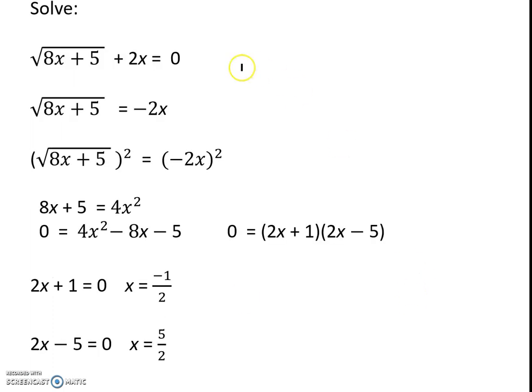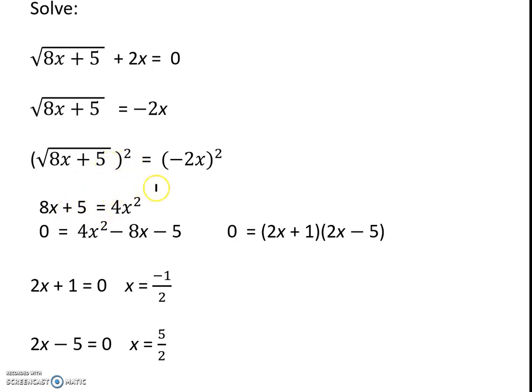Our second problem is the square root of 8x plus 5 plus 2x outside of the radical equals 0. You always want to move that stuff that is not under the radical to the other side, and we do so by minusing 2x to both sides of the equation. Then once again, to remove the radical, we square that, and when we do that, we get 8x plus 5